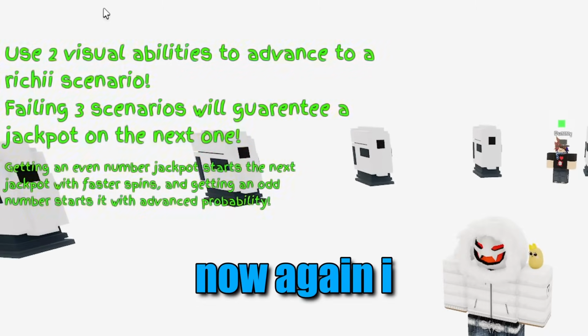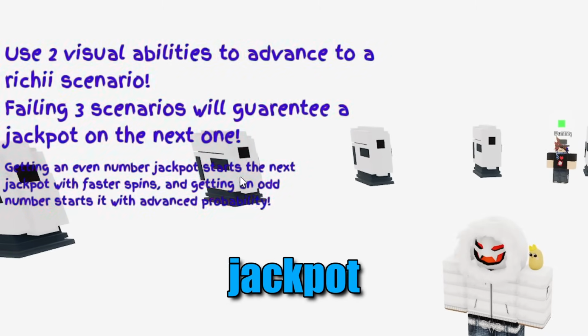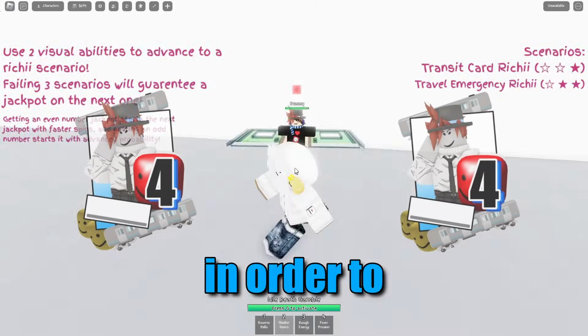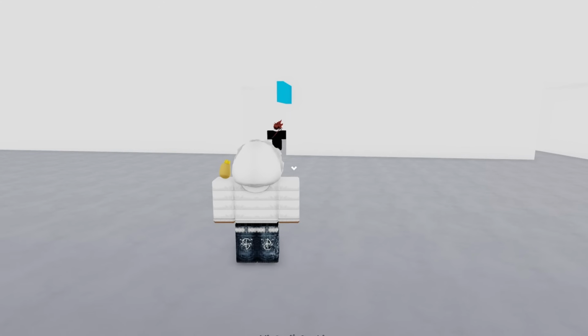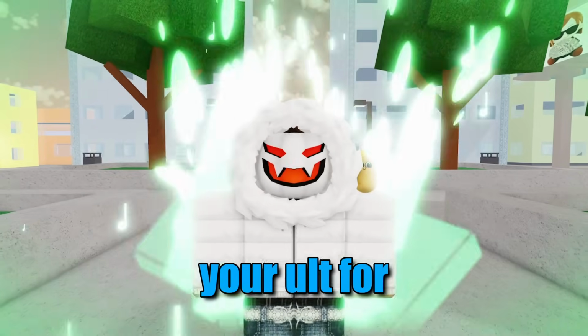Now, again, I said this in the last video, look at this and read it so you guys understand how his jackpot works. But basically, you want to use reserve balls or shutter doors in order to progress, just like this. This dummy. Oh, I jackpotted. That's insane. Now, if you jackpot like I just did, you'll have your ult for 1 minute and 40 seconds,